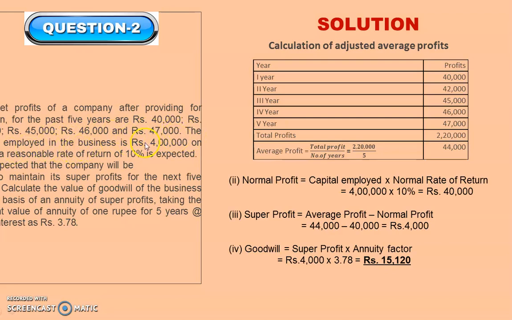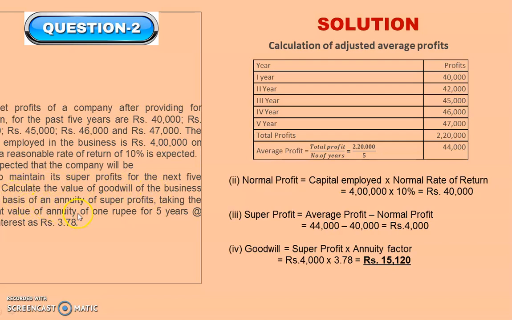The capital employed in the business is 4 lakh, on which a reasonable rate of return of 10% is expected. It is expected that the company will be able to maintain its super profit for the next 5 years. Calculate the value of goodwill on the business